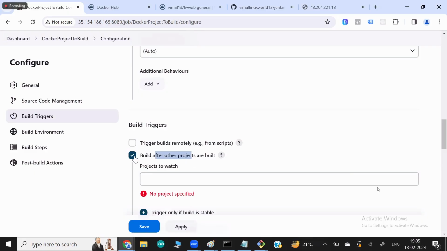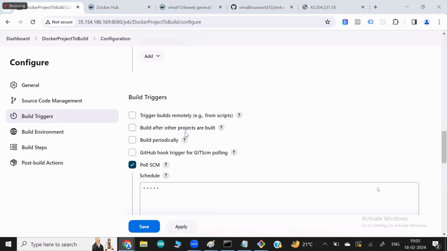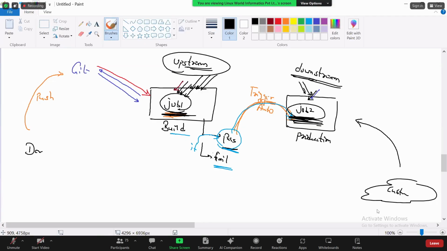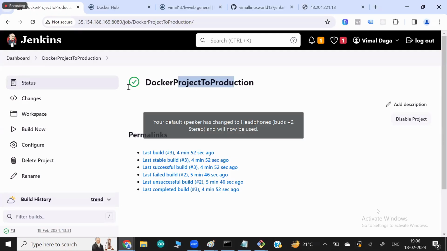But not in this way, because it will build after the project builds. So I have to do this setup from the other side. Leave this page. I'll go to the second job and say you are the project you have to build